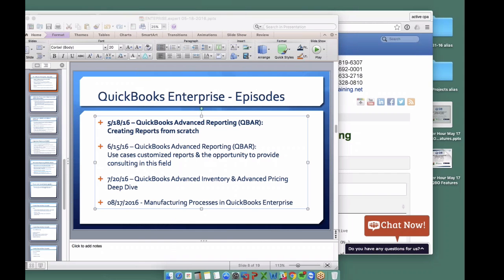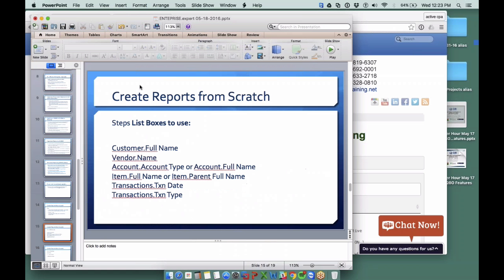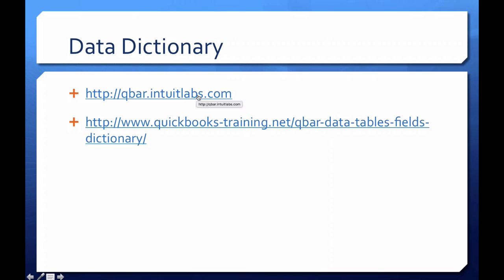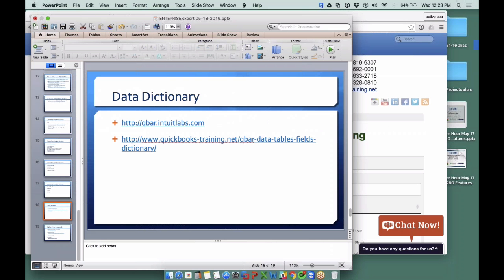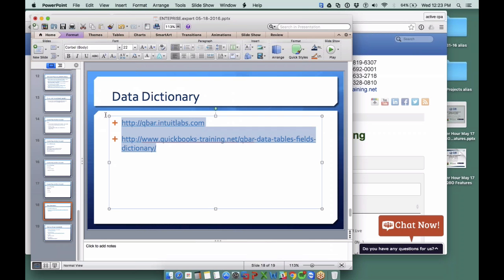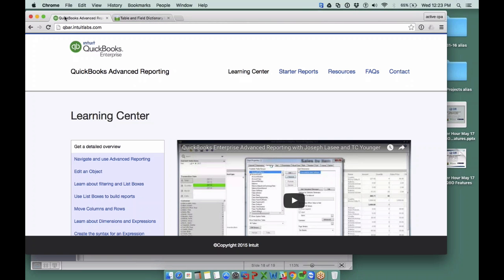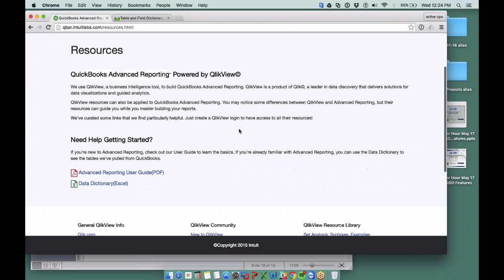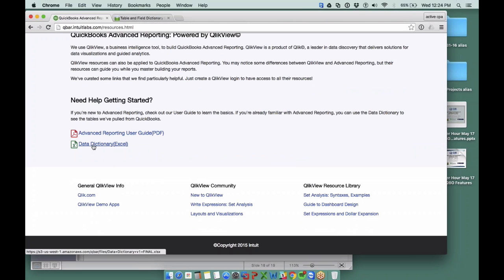Okay, I'm going to show you something here real quick. If you go to this website, okay, I have two websites I'm going to recommend. One is going to be QBAR.intuitlabs.com, and I'm going to go ahead and copy and paste this into the chat box. That way you can see it there if you're watching the webinar live. I'm going to go ahead and copy and paste both of these, and that way you can download it as we go. So if you go to the first one, QBAR.intuitlabs.com, and then you click on where it says resources, and you scroll down, there's a little link there that says data dictionary